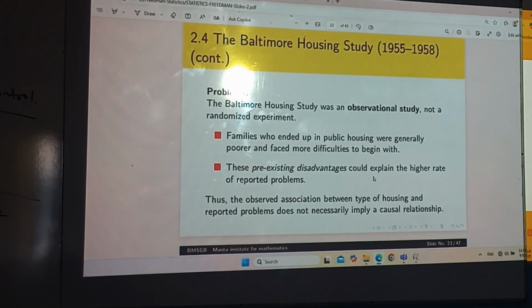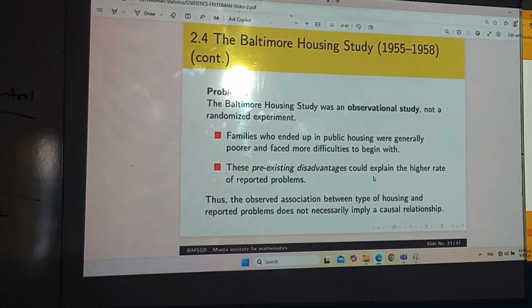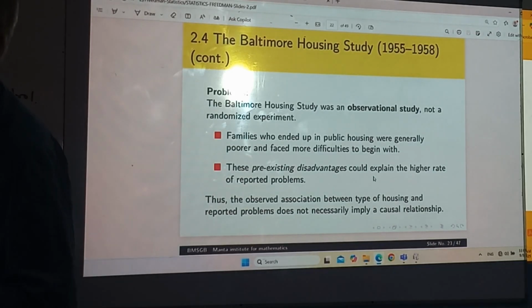Right? So the observed association, there's an association observed here, but that is not because there's a real association, that's a kind of spurious association. Spurious association. That is caused by some other problem. So that kind of association is called a spurious association. There are some other